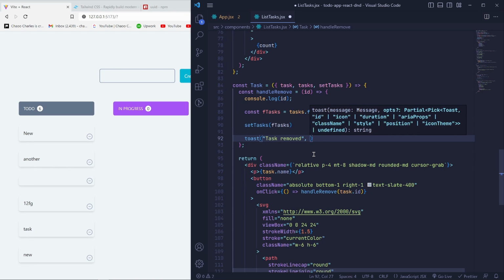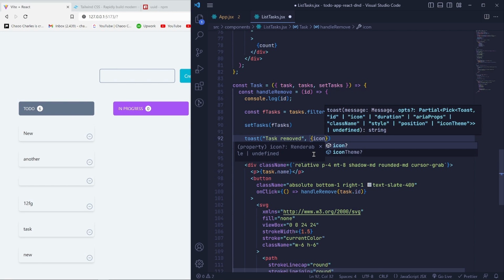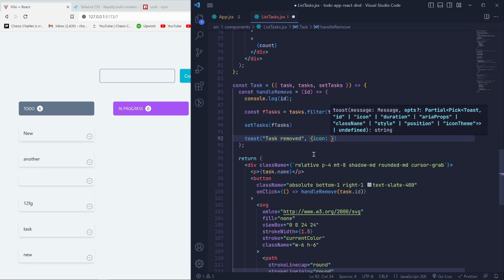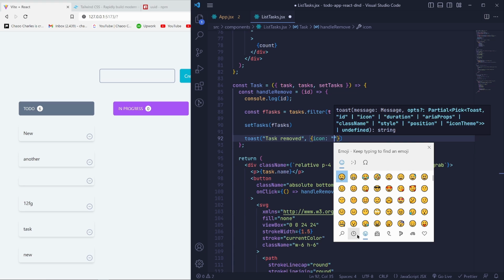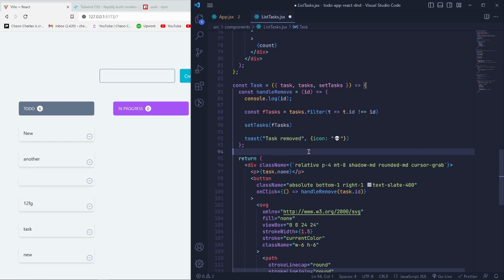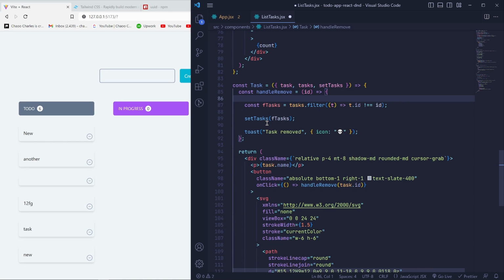Remember how we had the tick and X icon? We can include our own custom icon here. So I include an object, they can specify the icon to be, I think this is one of the beauty of this Toastify or Toast library. You can highly customize it. Now here you can include any icon you want, and I'll use this one which I had used earlier. So I'll save, and this should remove a task. I remove the ID here,